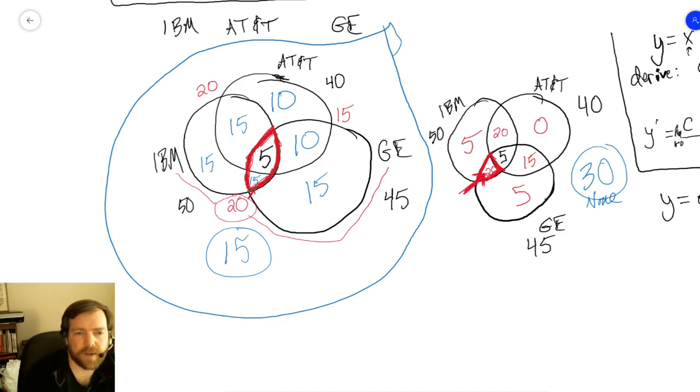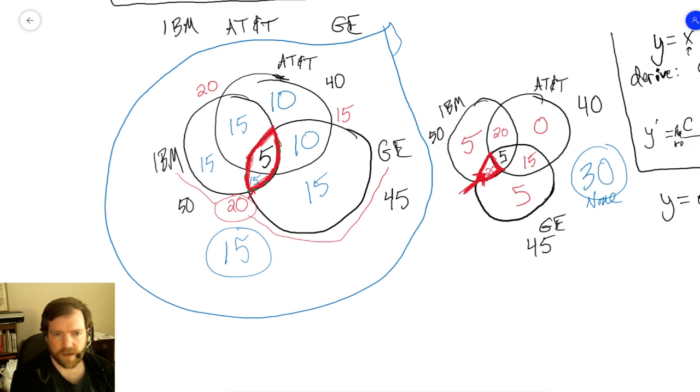So you got 50 in IBM, 20 of whom have both IBM and AT&T. So the 5 in the middle includes part of this 20 group, which means that 15 have to be just IBM and AT&T, none else. So that's your 15 and 5 make 20. Same with IBM and GE, 15 on the outside, 5 here. 15 for both AT&T and GE, which means you got 10 and 5. Just AT&T was 40, so there were 20 between IBM and AT&T, and then that leaves 20, 10 of whom were between AT&T and